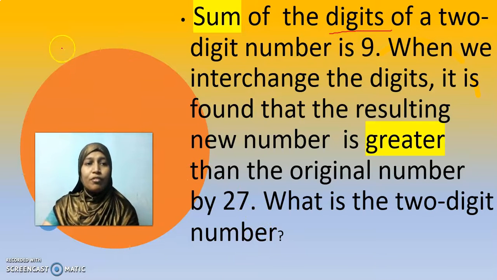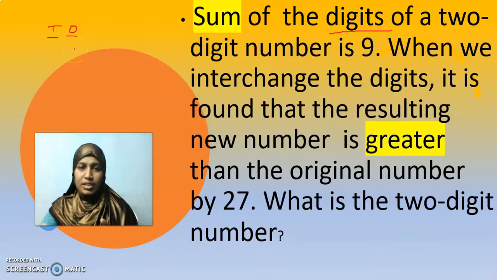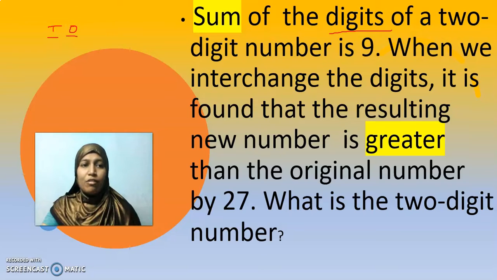So, we are going to find a 2-digit number. It means we will have some number in ones place and some number in tens place. Only then we will say it is a 2-digit number, isn't it? It should be greater than 10, or it can also be 10, because if I have 0 in ones place, it becomes 10. We cannot have a 1-digit number as our answer. Is it clear?